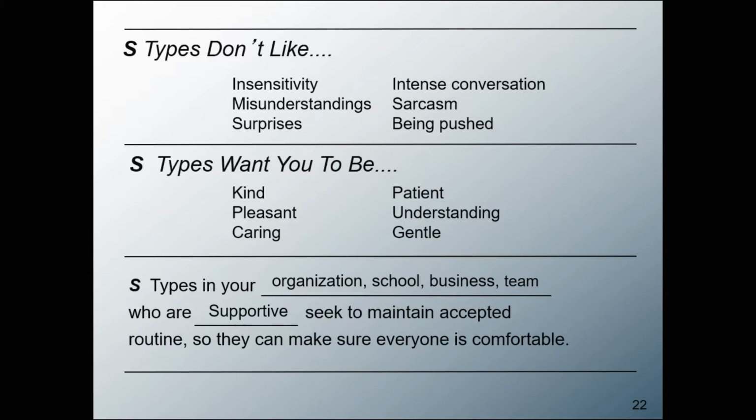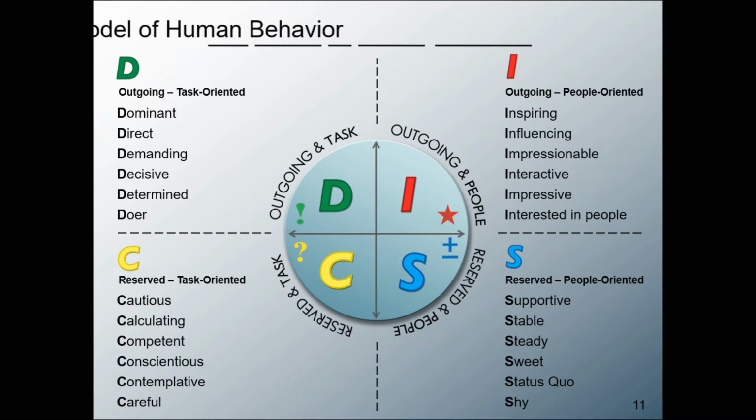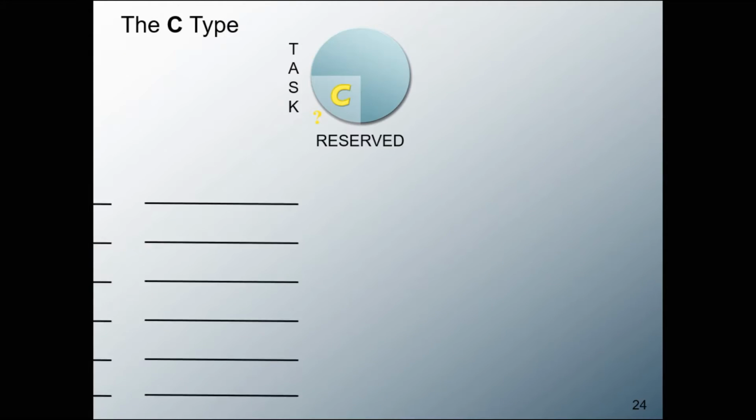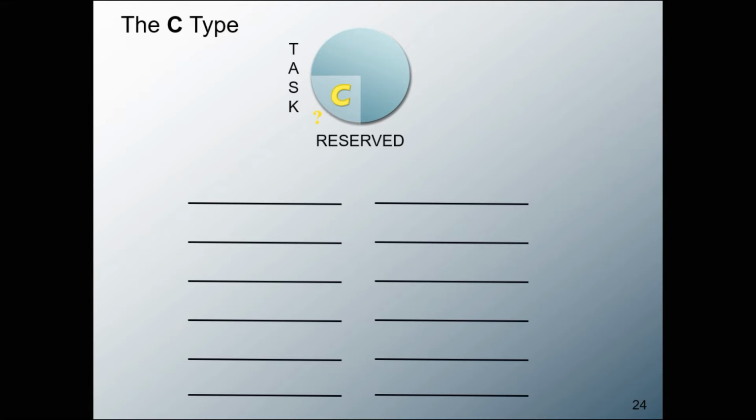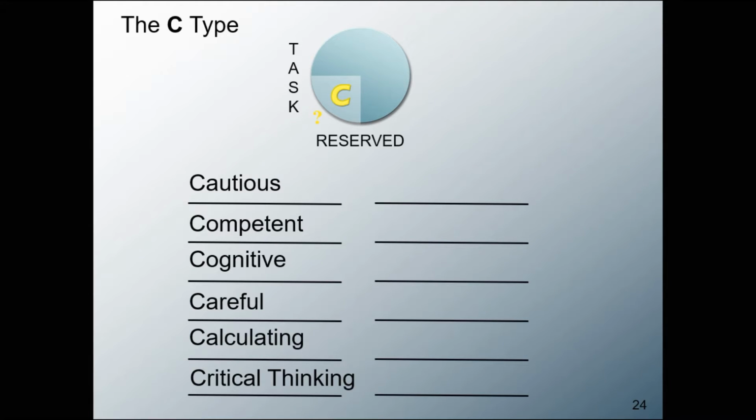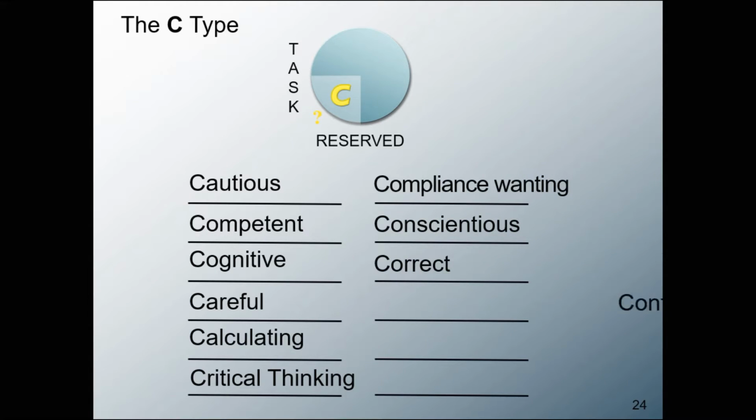We're going towards C-type personality now. So maybe you recognize that, you have some S traits. Good, maybe a lot. That's okay. That's good. So now let's go with C-type personality. So the yellow representing the slow down. Normally at the light, we just slow down. Normally, that's what we do. And then the question mark is that we ask questions.